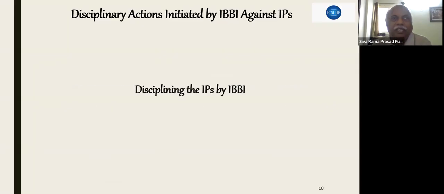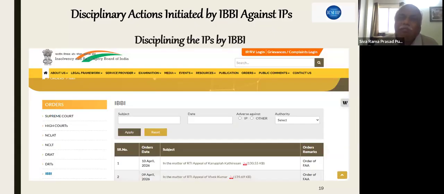So disciplining the IPs by IBBI. IBBI is a disciplinarian. They are using the stick, whether the IPs are doing correctly or not, through the disciplinary committee. So this is the screen. So the orders are also available. Go through the orders once in a